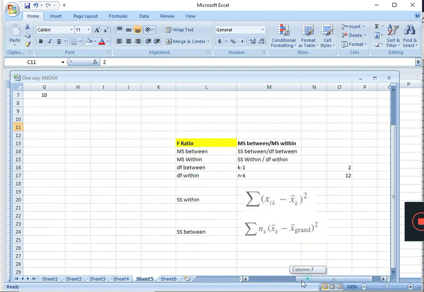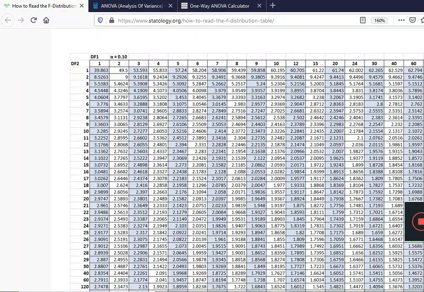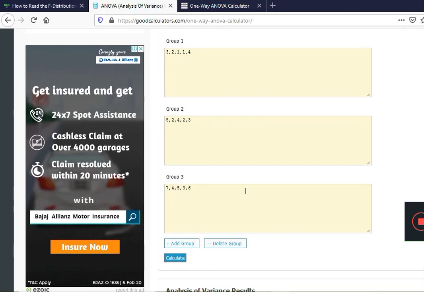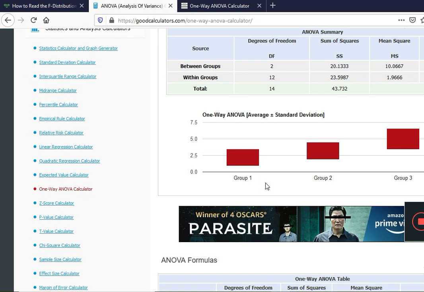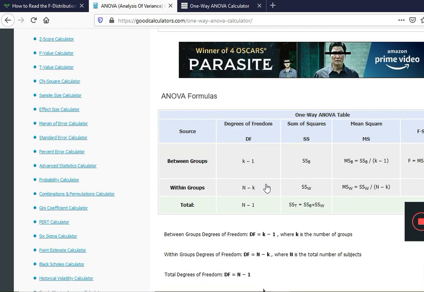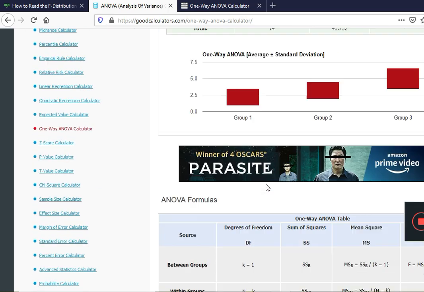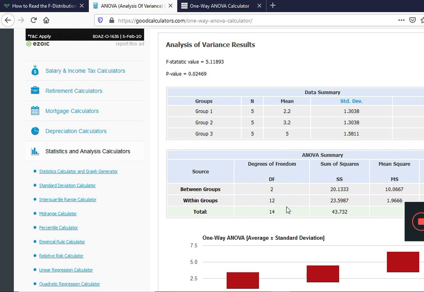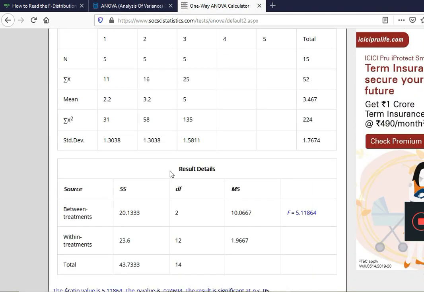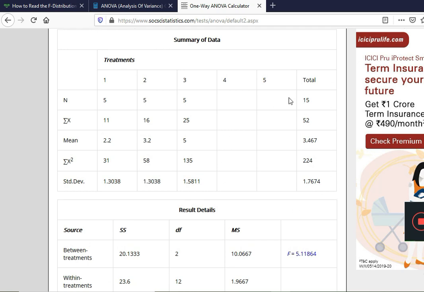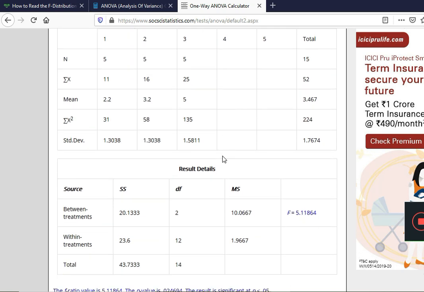Yeah, just let me check once. Total is 14. Here I find I've calculated it at many places.